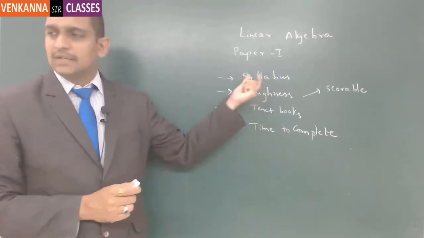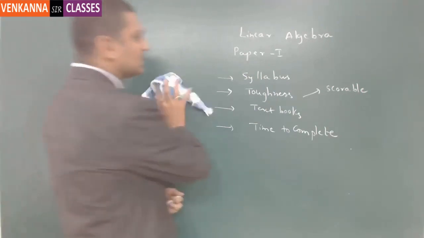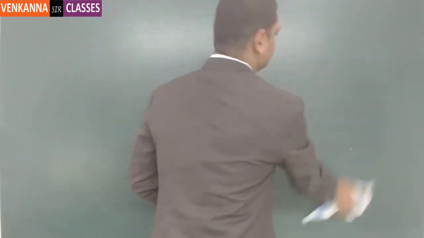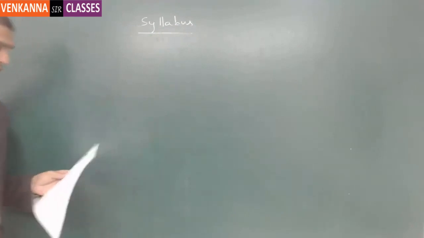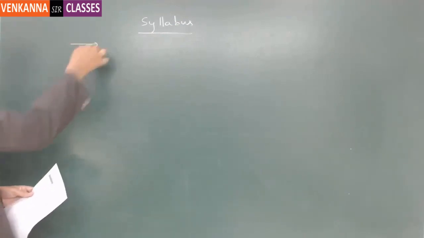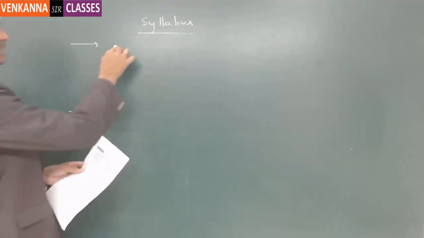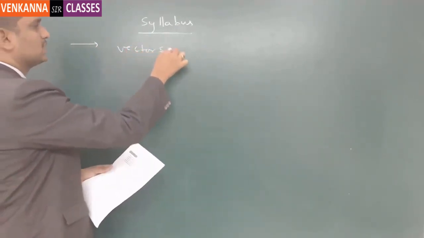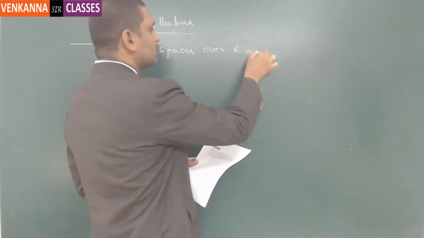So let me read the syllabus first. Then we'll begin the session. Please take a note of the syllabus. The total syllabus will be mainly bifurcated into two parts, part 1 and part 2. The part 1 contains the concepts of vector spaces over R and C,